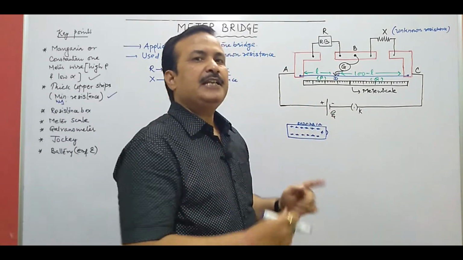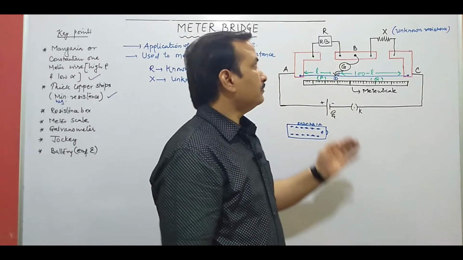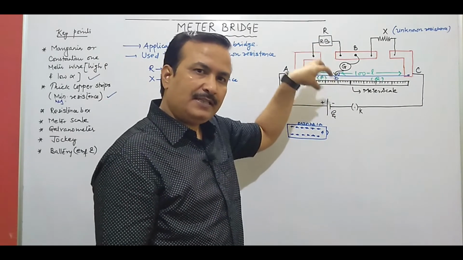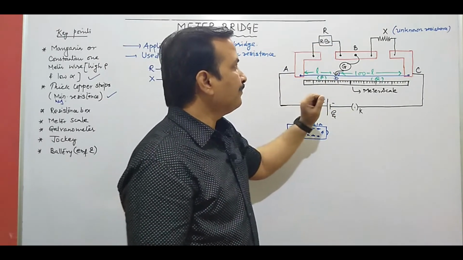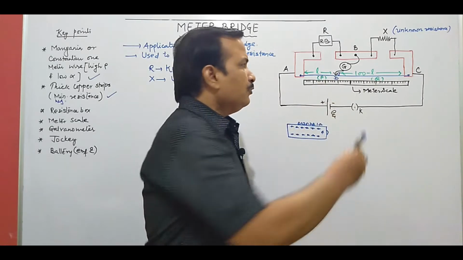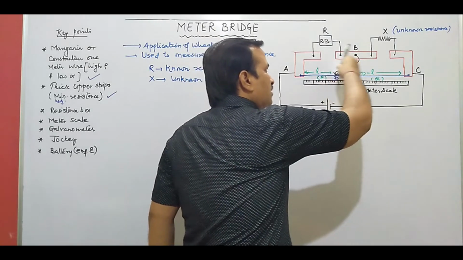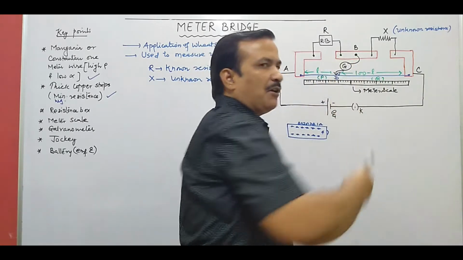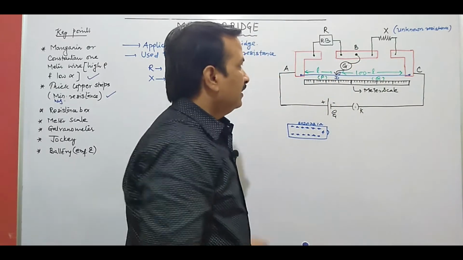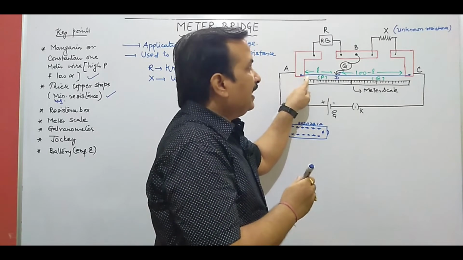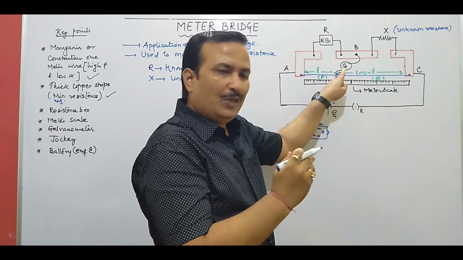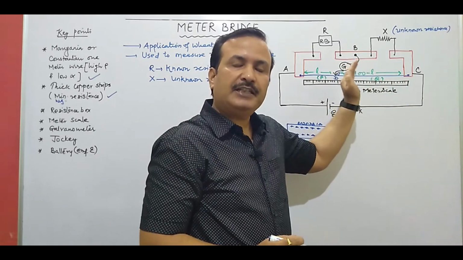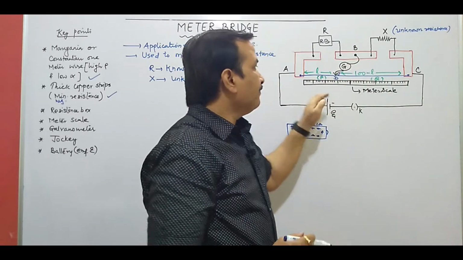First thing is you need to switch on the circuit, then take out or introduce the resistance from the resistance box in the circuit, which is the known resistance. Then you slide the jockey over this 1 meter wire from one end to another end. In between somewhere you will find, if you take the jockey to one side, the galvanometer will show deflection in one side. When you take it to the other side you will find the deflection will be in the other side.